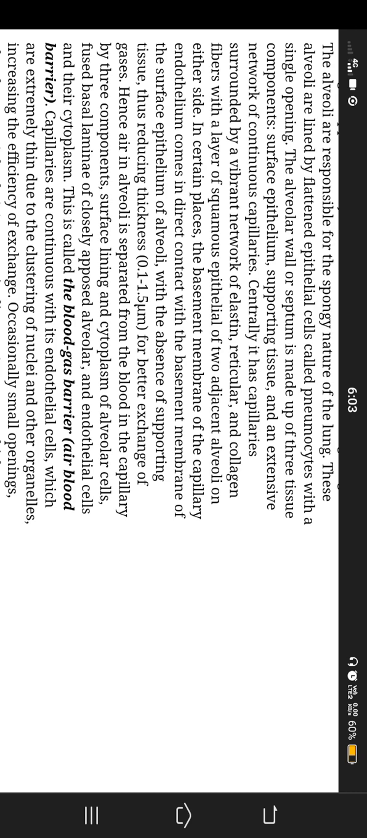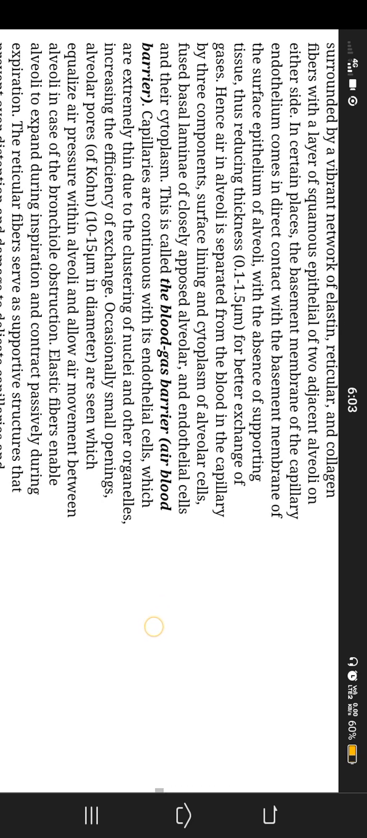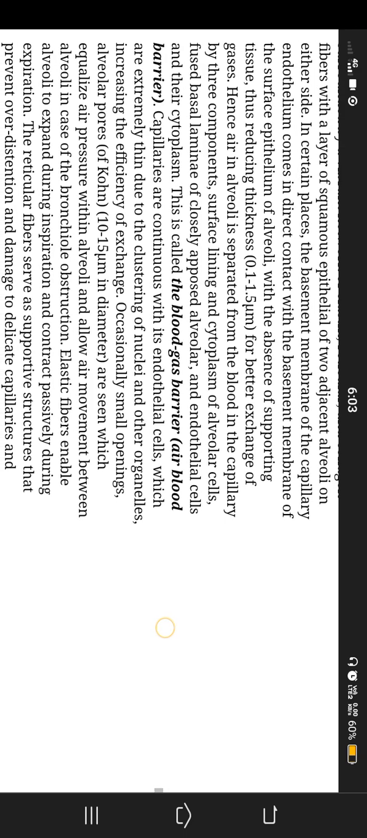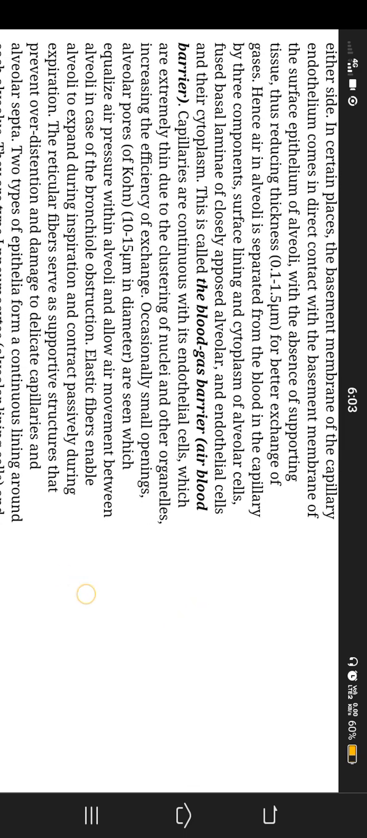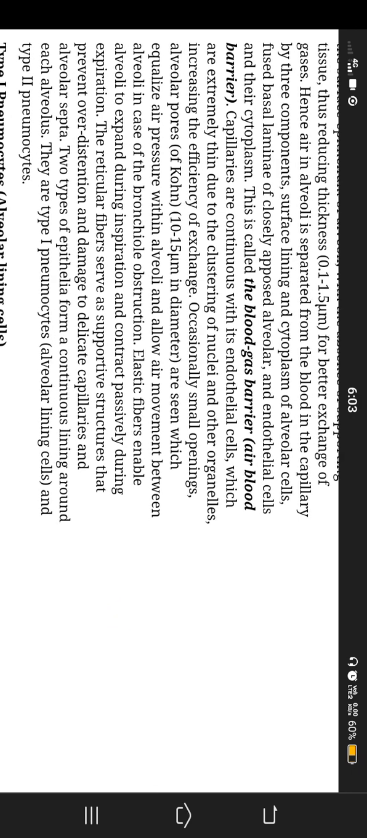Then centrally it has capillaries surrounded by a vibrant network of elastin, reticular and collagen fibers, with a layer of squamous epithelium of two adjacent alveoli on either side. In certain places, the basement membrane of the capillary endothelium comes in direct contact with the basement membrane of the surface epithelium of alveoli, with the absence of supporting tissue, thus reducing thickness to 0.1 to 1.5 μm for better exchange